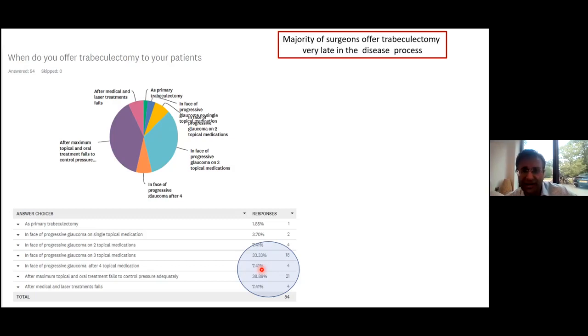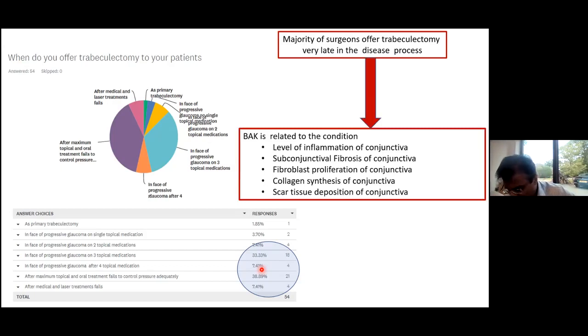Now, this has huge implications. That means you are exposing the conjunctiva to preservatives and to the drugs, and you have higher pressures. And these are all the risk factors which are known to lead to the failure of trabeculectomies. For example, it is a well-known fact that within 5 days of giving a preserved eye drop to the conjunctiva, the level of inflammation rises. Within 5 days, you can start having subconjunctival fibrosis. You can have fibroblast proliferation of the conjunctiva. The collagen synthesis and interlinking of collagen to elastin in the conjunctival space becomes more. And at the same time, the scar tissue